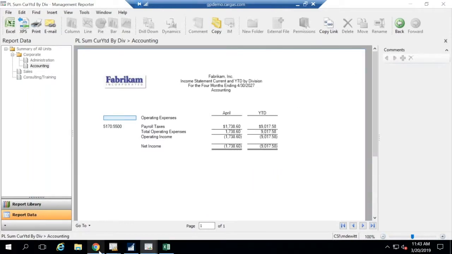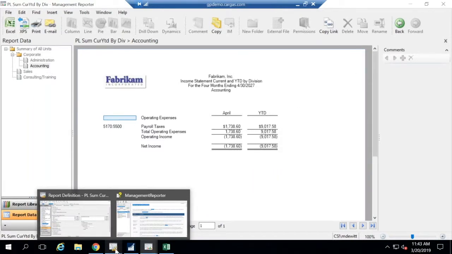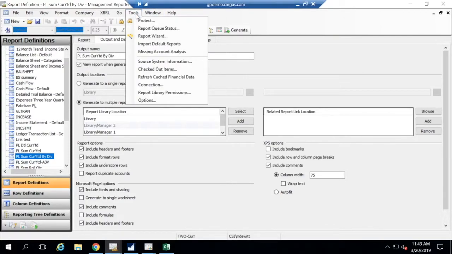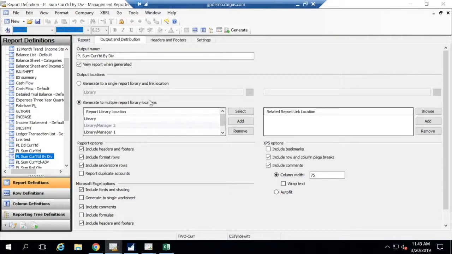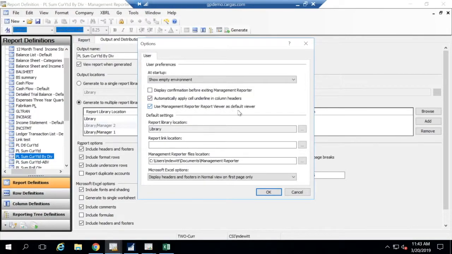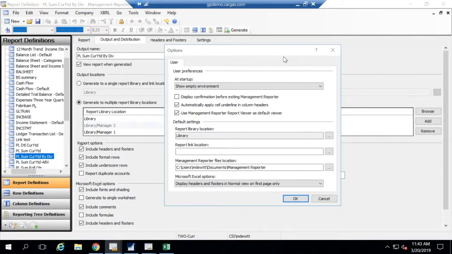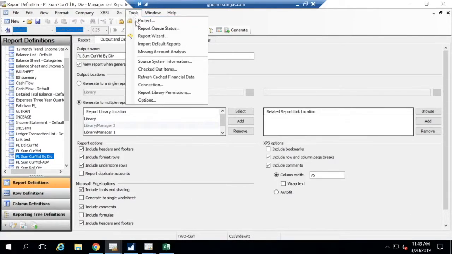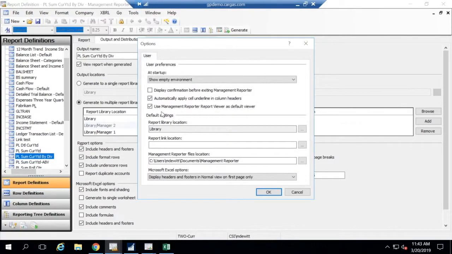Okay, I wanted to step back and just go back here to another bit about the viewer. I am set currently to run this out, the option here, to management reporter viewer as the default viewer. Okay, so it's under tools. Just go back a second. If you're taking notes, you've got tools, options, and to use the management reporter viewer as the default. Okay, if you take that off,